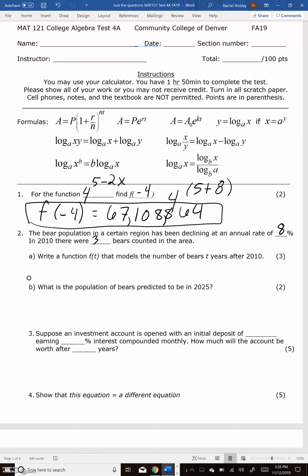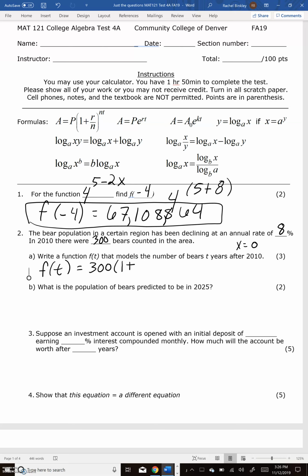In 2010 there were 300 bears. Write a function f of t that models the number of bears t years after 2010. So don't forget also, guys, 2010 is going to be our x equals 0. That's going to be our starting year. So if you were going to do it the way we do a normal exponential function, you would have f of t is equal to your initial value of bears, which is 300,